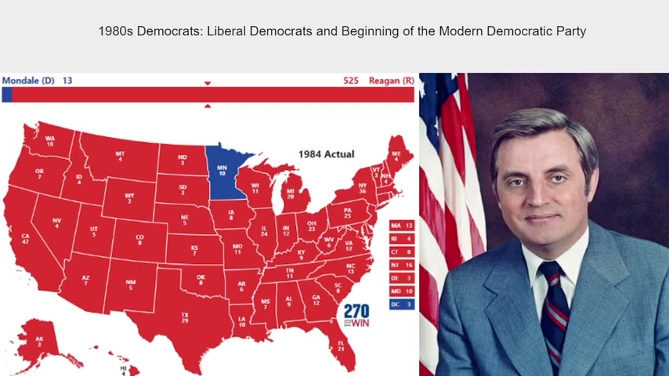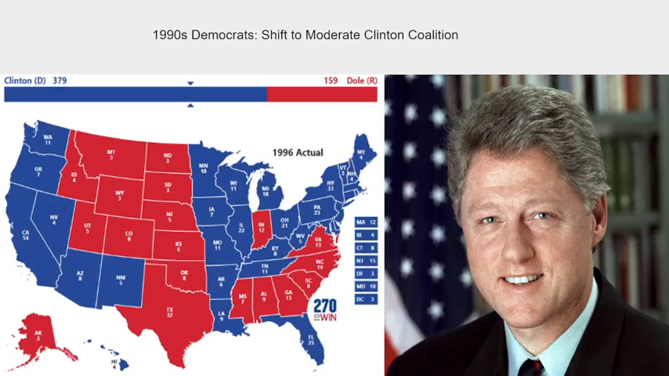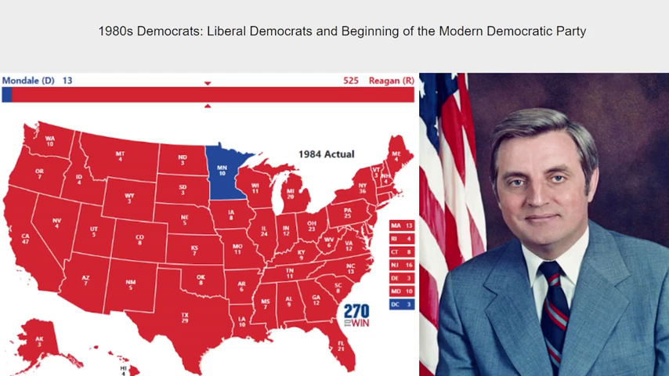Also the beginning of the modern Democratic Party, because the Democrats really haven't changed. The 2020 Democrats and the 1980 Democrats, obviously they've changed on certain issues, but they're still both liberal Democrats, progressive Democrats, and liberal and progressive don't mean the same thing. Anyways,